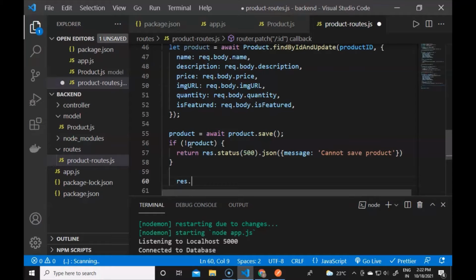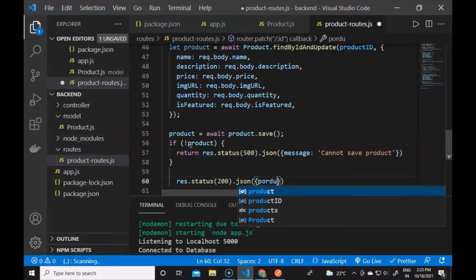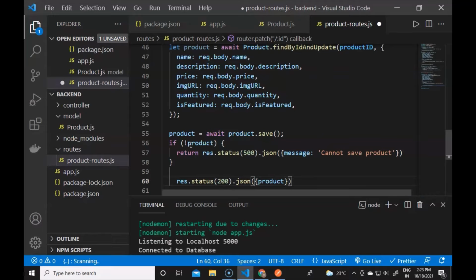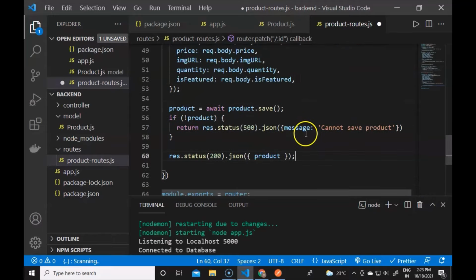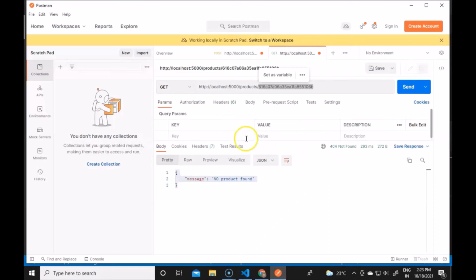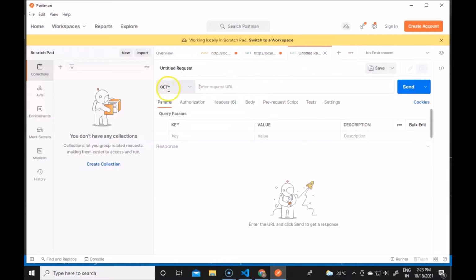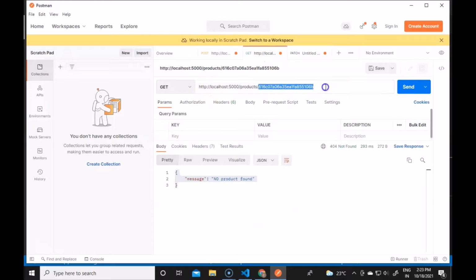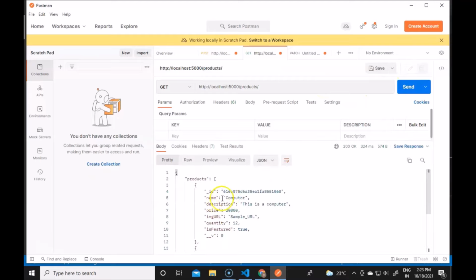After the if part, we can just send the response as a successful message. So it will be response.status 200, which is success, and I will send the product in it. If I now save, and try this in the Postman request, this is the code. So I will go to Postman to send the request. Here we select a new request, and it will now be a patch request. We provide this patch, and then it will contain the same URL. If I get all the products by ID, so get the products by ID.